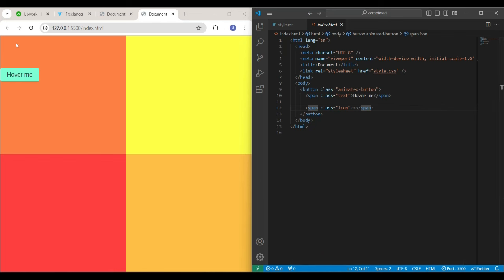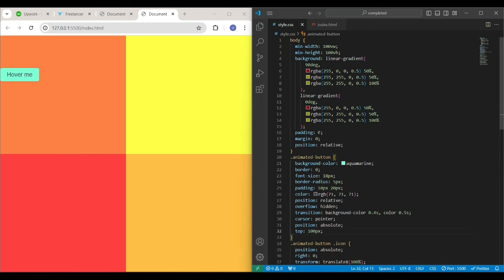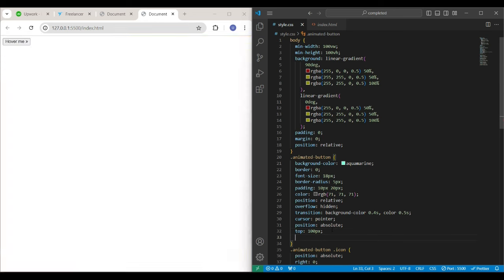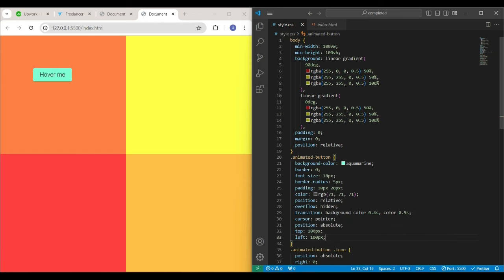So it should take 100 pixels from top, and if I say take 100 pixels from left, similarly if I say 50% from top, it should come right in the middle vertically, and similarly with the left. So now this button is right in the middle but not exactly in the middle, the top left corner of this button is in the middle, and in order to move 50% in the left and 50% vertically in